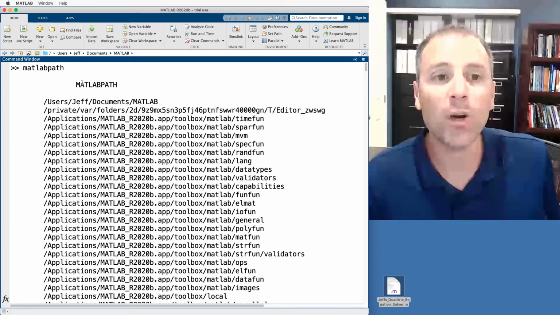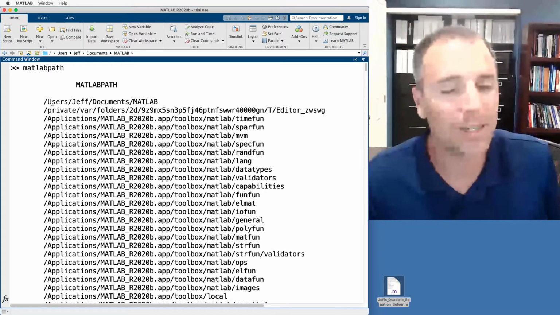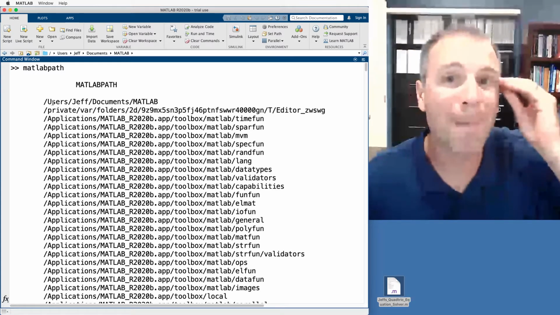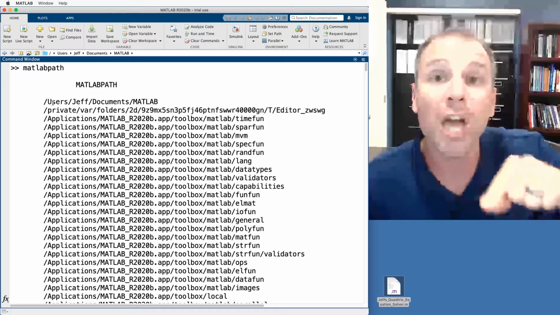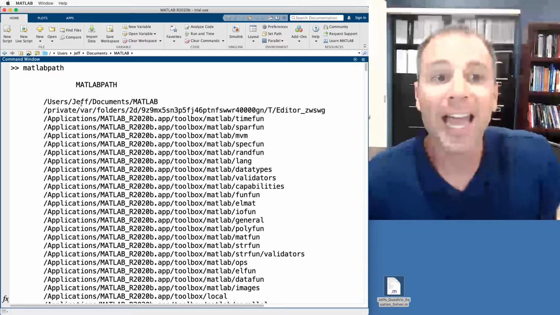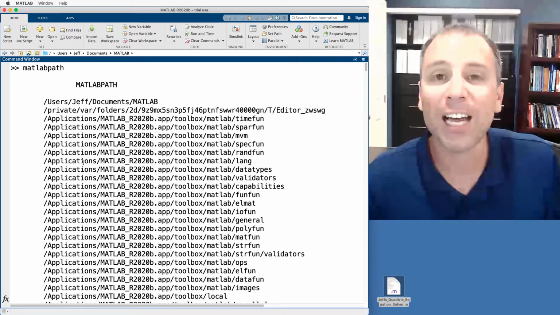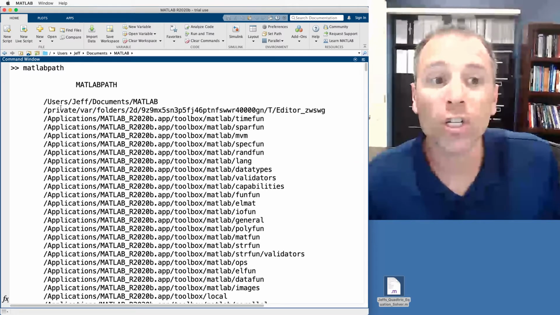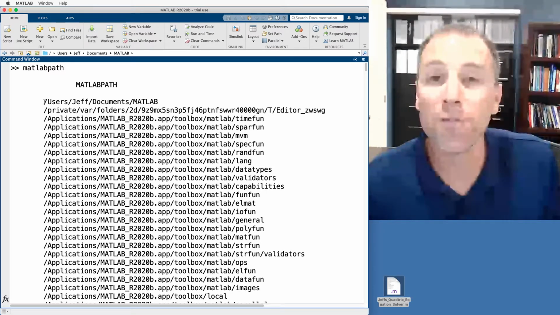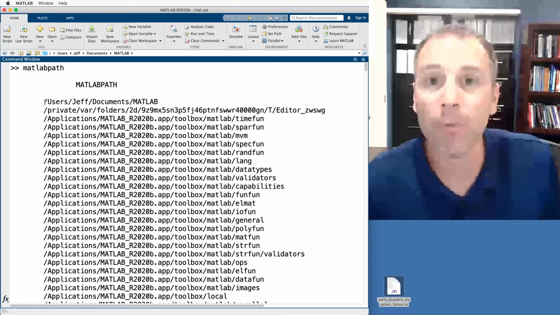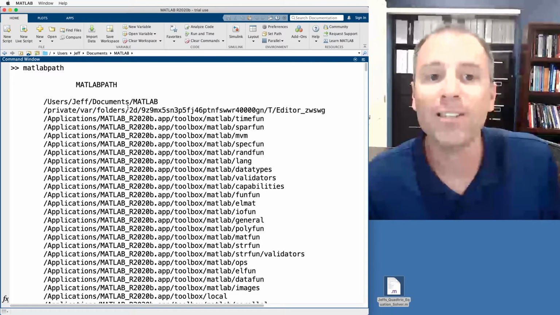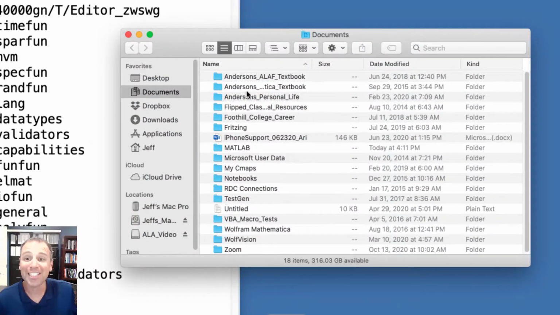So specifically, notice the MATLAB path starts with what they call the user path. We're going to talk about this in a sec. Remember, this is analogous to a mental model that a librarian would use to find information for us. In this case, this mental model tells MATLAB, please search all of these folders anytime we write code. Moreover, search from the top down. So the first place I want you to search, MATLAB librarian, aka MATLAB kernel, go to the Users, Jeff, Documents, MATLAB folder.